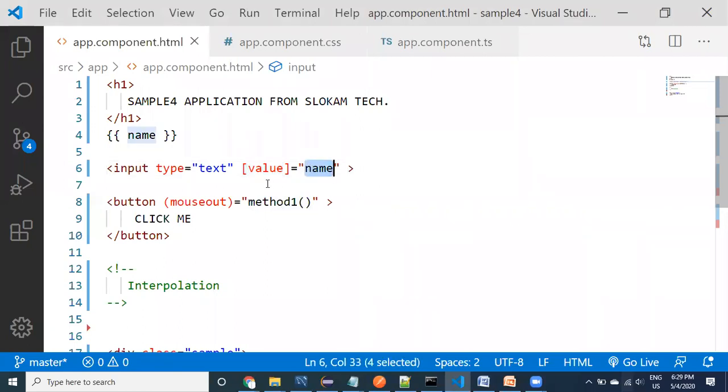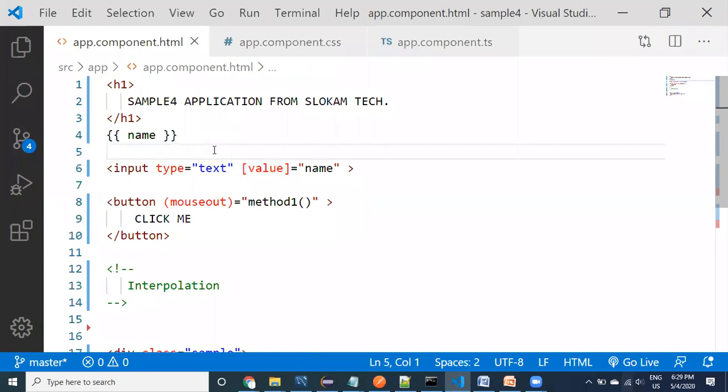What is going to happen? This is Angular code. This is also Angular code. This is called event binding. This is called property binding. This is called interpolation. These are the extra things that we are going to write inside the HTML code.